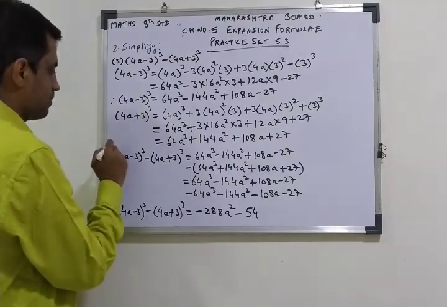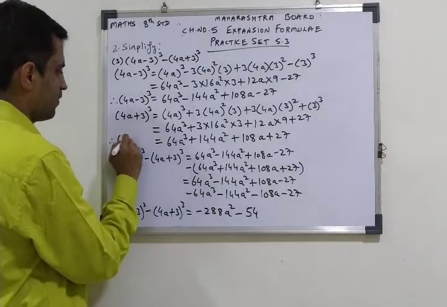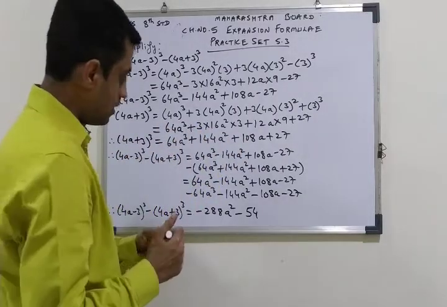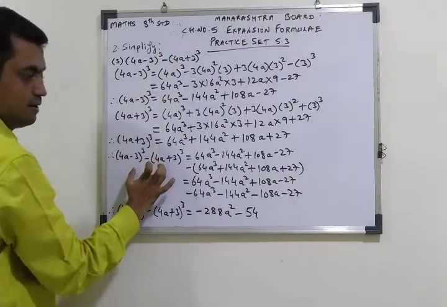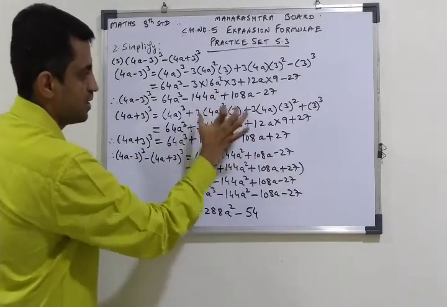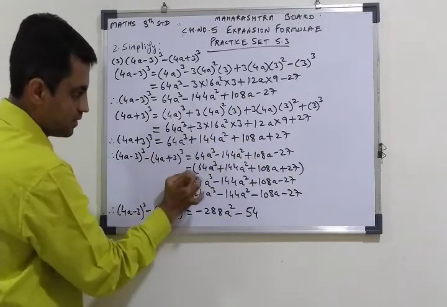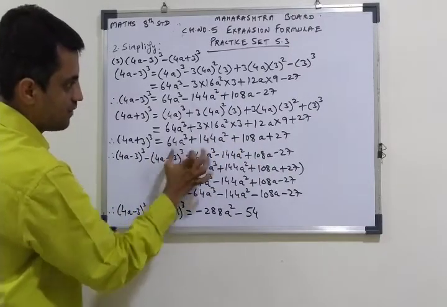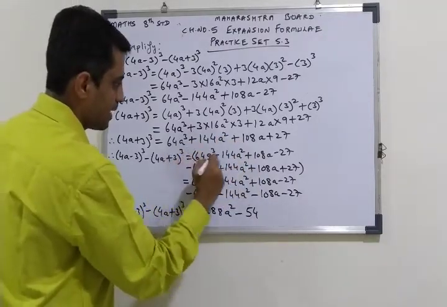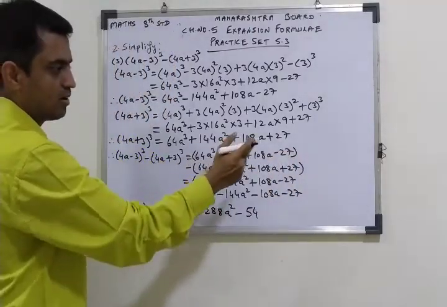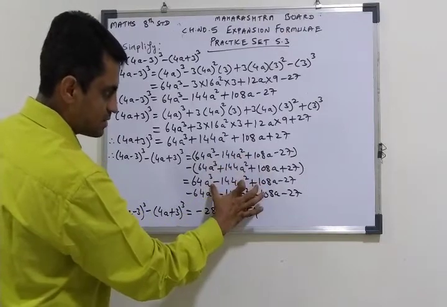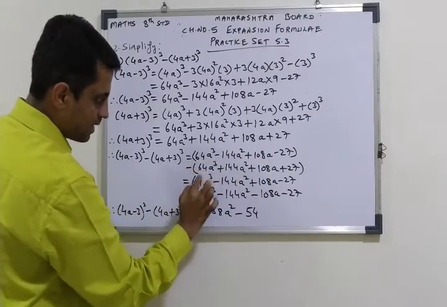So we'll just mark it as therefore (4a + 3) the whole cube is this. Okay. Now we have written this question here. Now this value we already have from the above statement. We have copied this minus this, also we got the value here. So we copy down here. In brackets, if you want, you can put the bracket here also, but that will not make any sense because it is not going to change the sign. So we open this bracket as it is. But when you open this bracket, the sign will change.